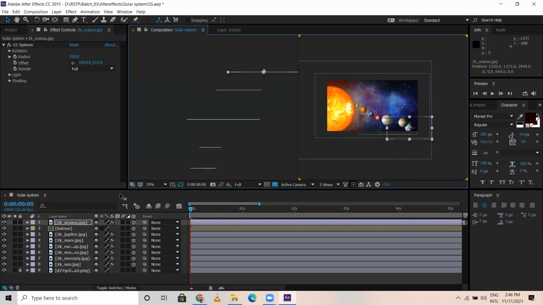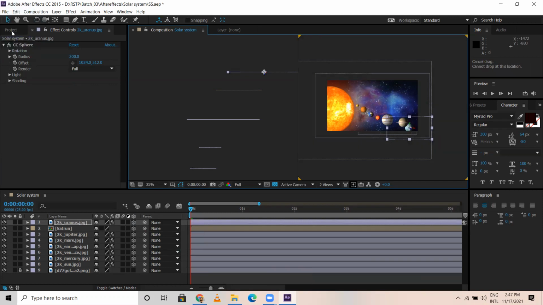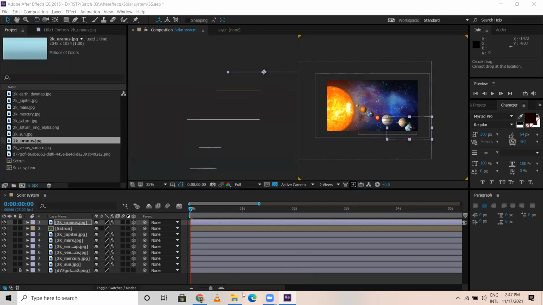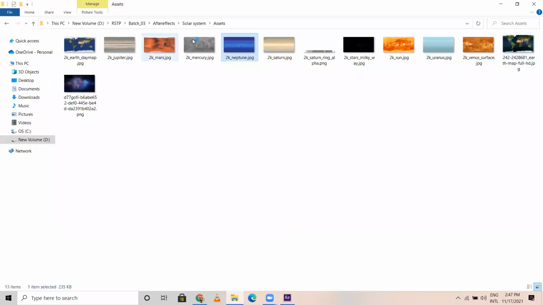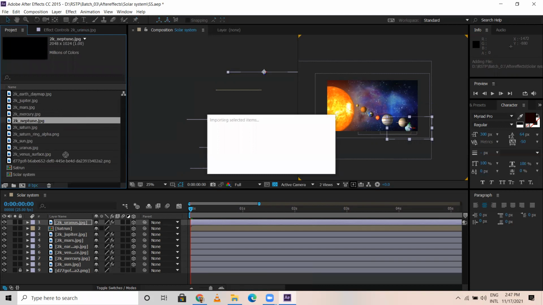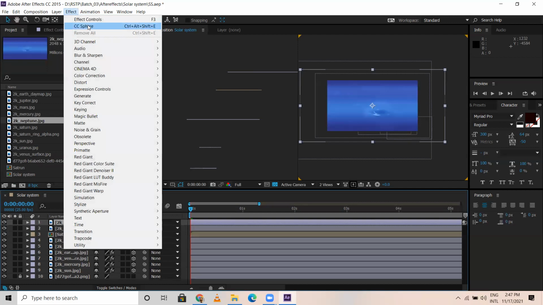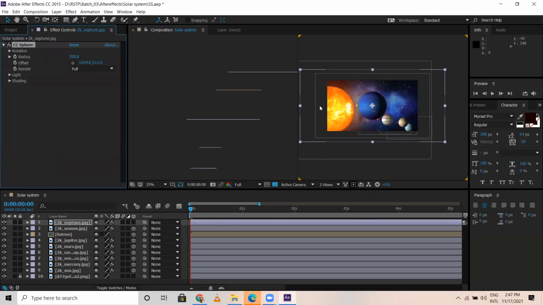Okay, so after Uranus, let's pick Neptune. Placement, it matters a lot. Neptune is here. They have to be in project. Neptune on top. Go to effect. So whatever the recent effects or tools, whatever has been taken, that will be listed over here. This is Neptune.